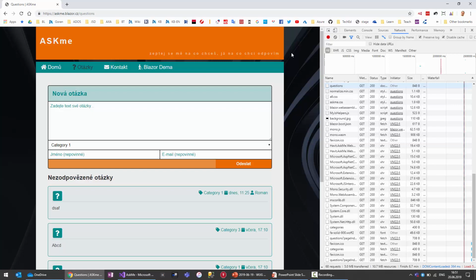Because currently there is a very simple, kind of proof of concept way of debugging the application running in the browser. For example, if I use the magic key combination Shift Alt D,